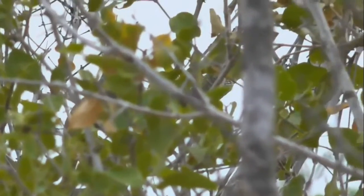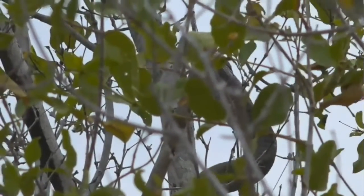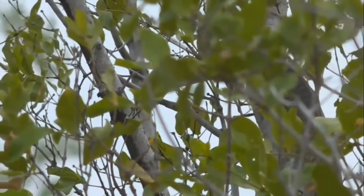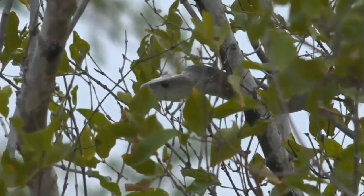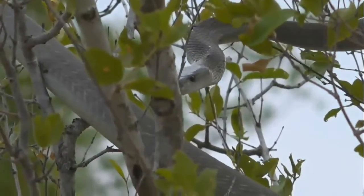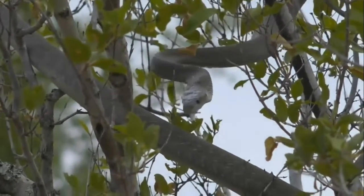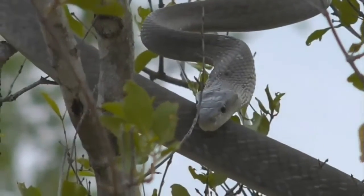And it can kill a grown man in the space of about 20 minutes after the bite, unless a person is given urgent medical attention. That being said, you don't understand how rare bites actually are. Around 90% of snake bites happen with people either trying to play with or catch and remove these deadly creatures. And you should never ever try and catch a snake unless you know exactly what you're doing. They've got this awesome and terrifying reputation, which you can understand, but it comes from people